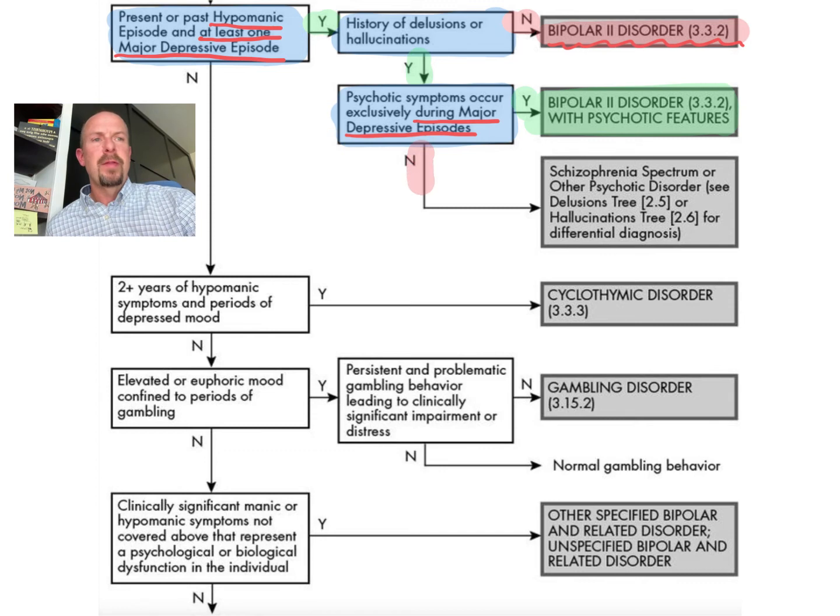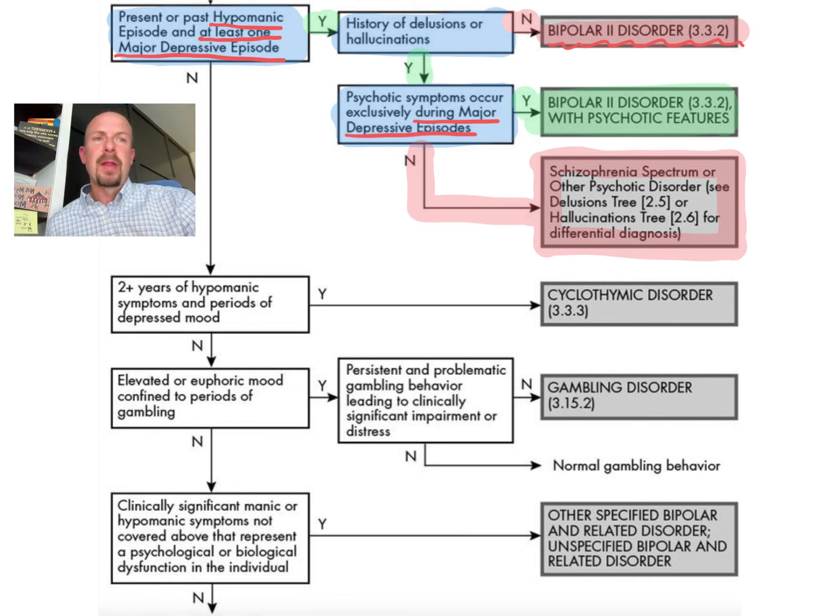If we say no, if these delusions or hallucinations occurred separate or outside of a major depressive episode, a mood disorder, then we get back to discussing whether or not it's some form of schizoaffective disorder. There's some sort of mood disorder going on. However, the psychotic symptoms aren't exclusive to the major depressive episode, which falls out of the active symptoms, which, as we know, we follow the decision-making tree for delusions and hallucinations, which will likely land us somewhere in the ballpark of schizoaffective.